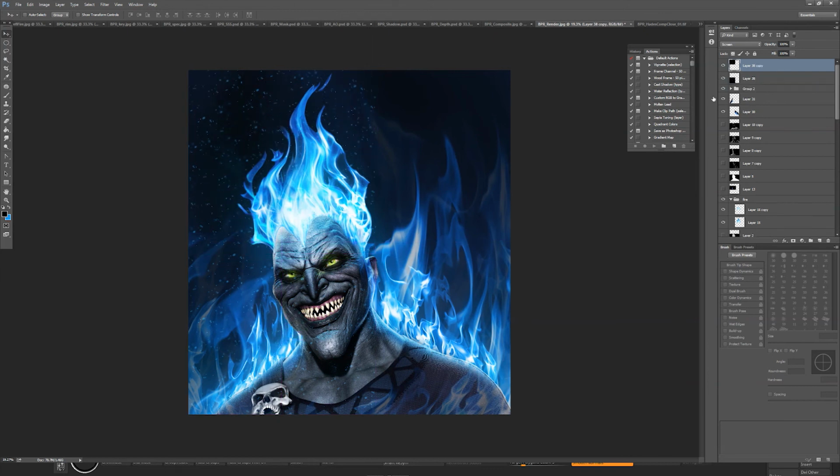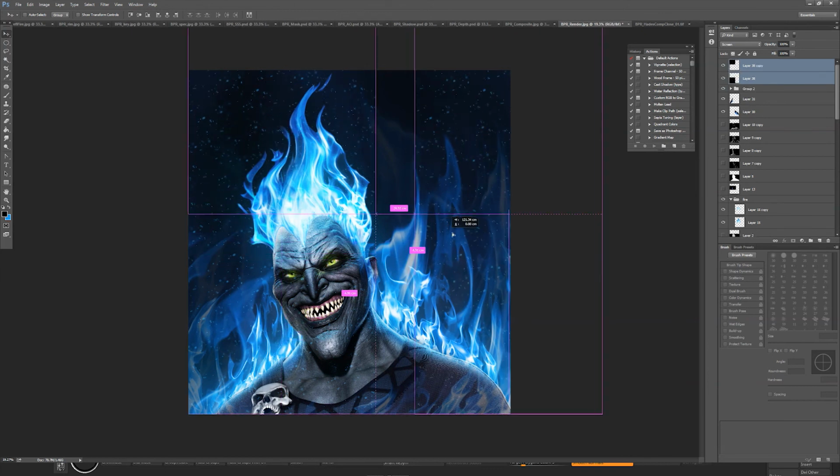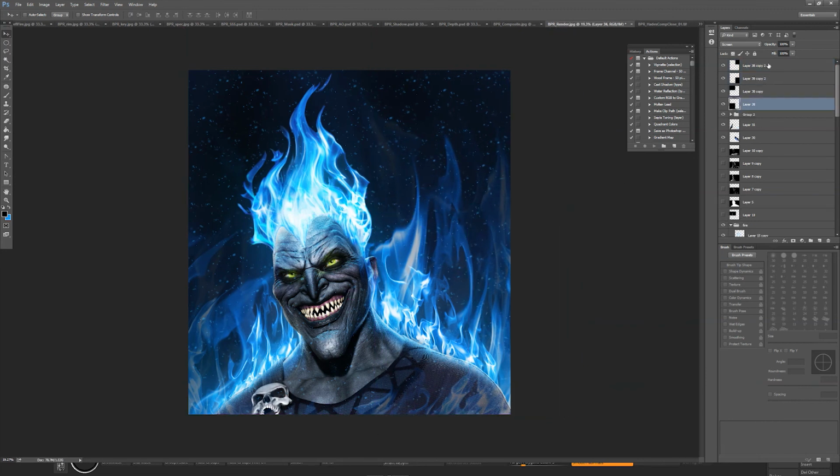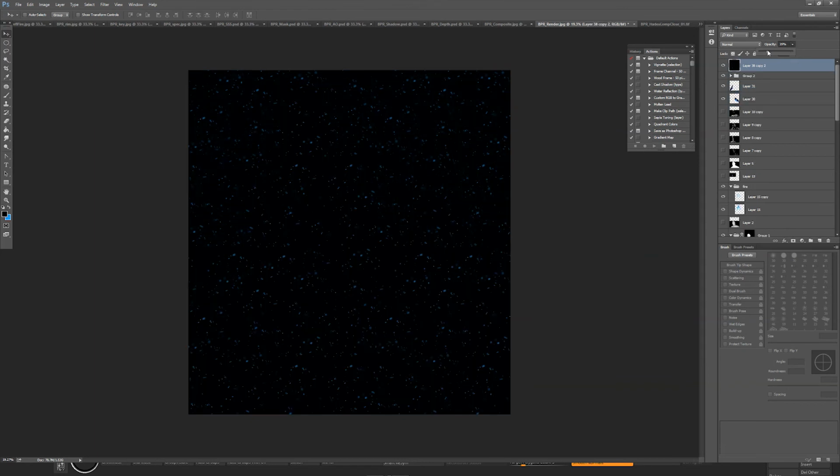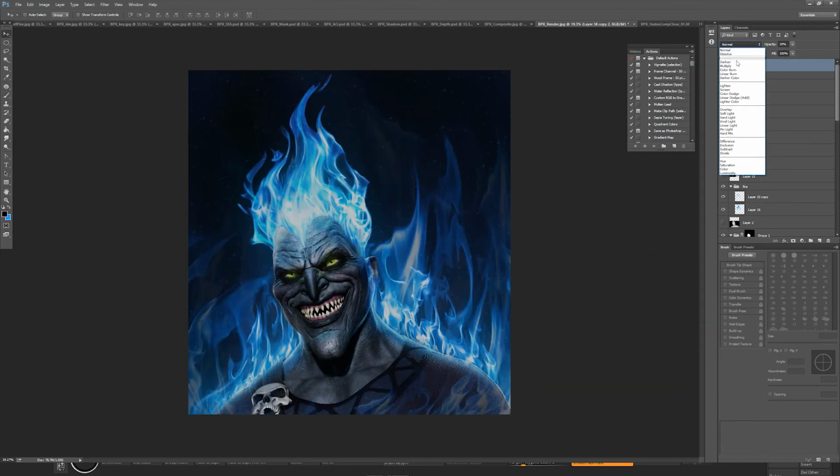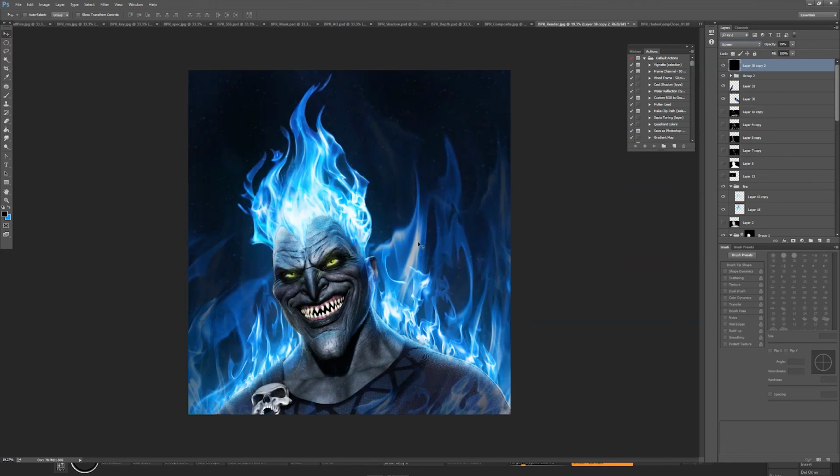It's a lot of sparks, probably too many. I probably won't use this. Less is more in a lot of cases. Let's just see what it looks like if I put it in the background. No, I hate it. Okay, what we're gonna do,